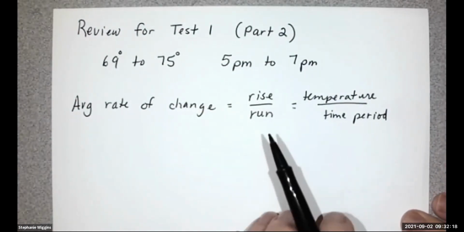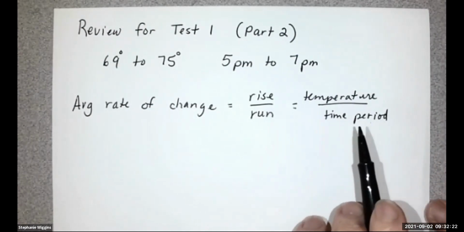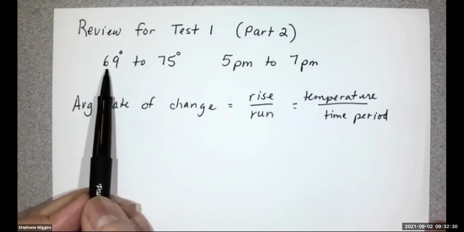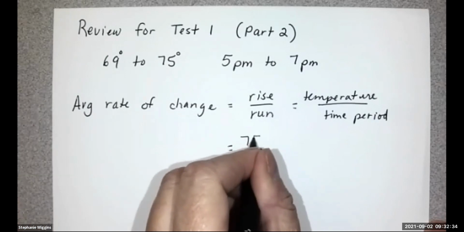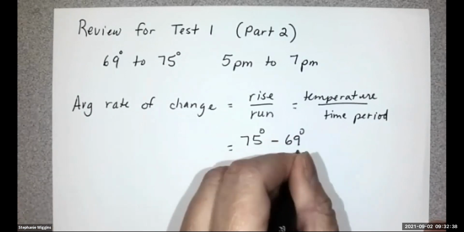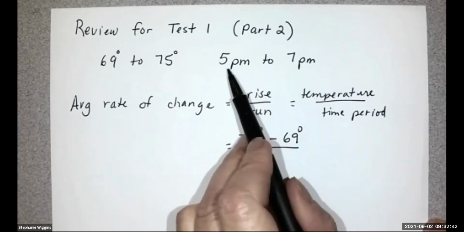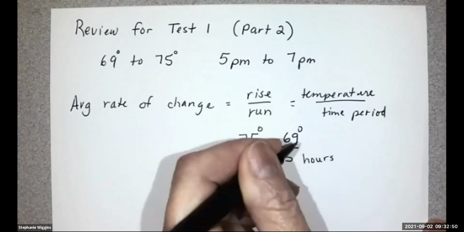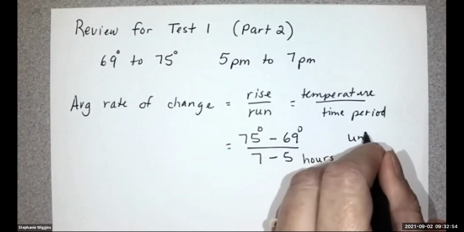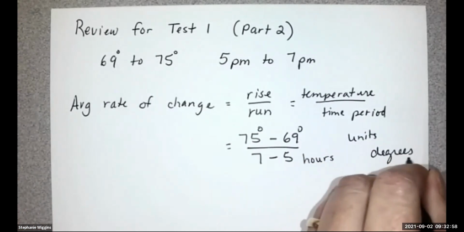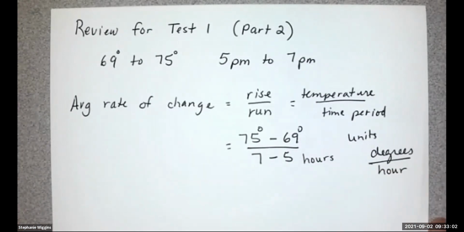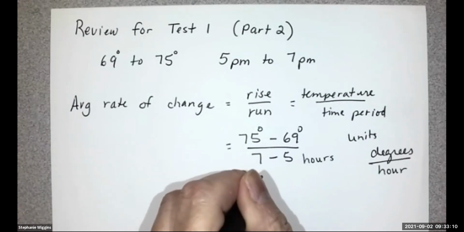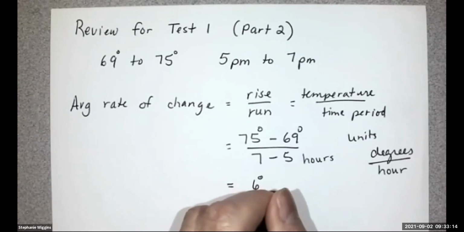And so the units are going to be degrees per hour, or seconds, whatever the units are, probably per hour. The change, you're going from 69 to 75, so that's going to be 75 degrees minus 69 degrees, and then you're going to divide that by from 5 to 7, so 7 minus 5. This is in hours, and this is in degrees, obviously. So the units are going to be degrees per hour. So 75 minus 69 is going to be 6 degrees, and then it's 3